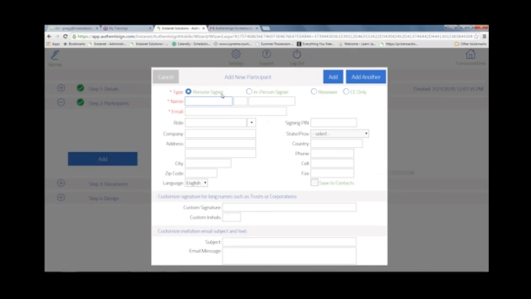I want to quickly discuss the different participant types as well as the required fields. Everything below email is optional. Role and PIN and company and state, that's all optional information. You do not have to add it. The type, the name, and the email have to be added in. Those are requirements. Starting with the type, remote signer simply suggests that your participant has an email account and access